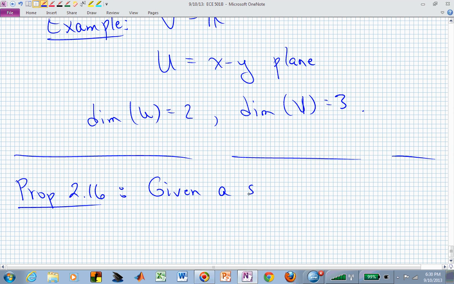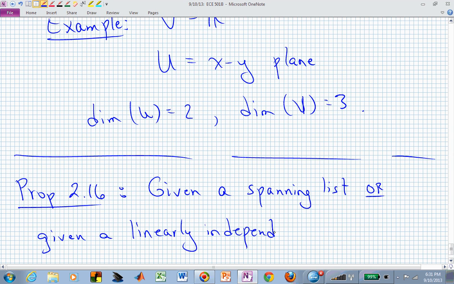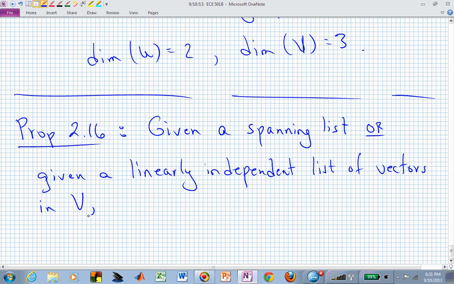Given a spanning list, and we know what a spanning list is, that's a list of vectors that span the entire space, or given a linearly independent list of vectors, let's say in a finite dimensional vector space V, if that list, either a spanning list or this set of linearly independent vectors, is of length n,